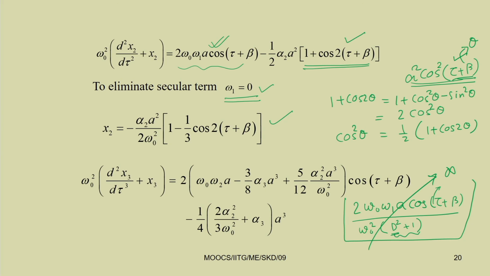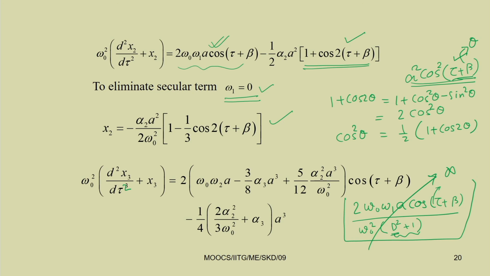So, now you already have the expression for x 1, and now you have the expression for x 2. So, we can substitute these expressions for x 1 and x 2 in the third equation, that is, the expression for x 3. So, omega 0 square d square x 3 by d tau square plus x 3 equal to, now you just substitute the other terms. So, you can get